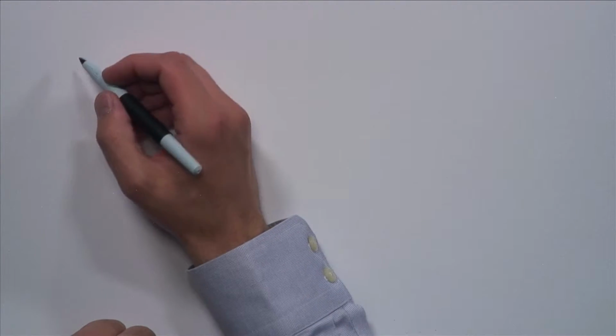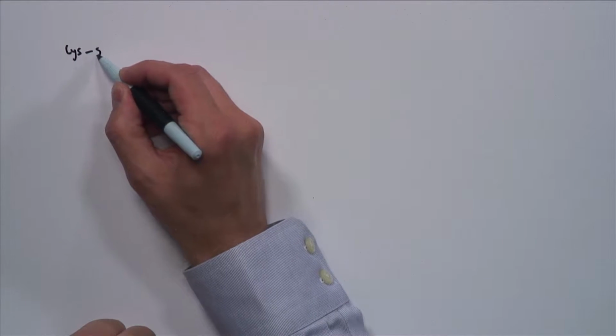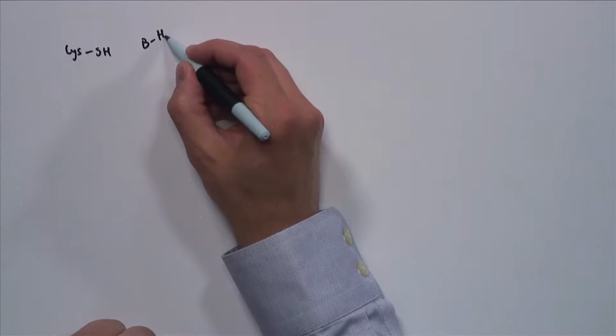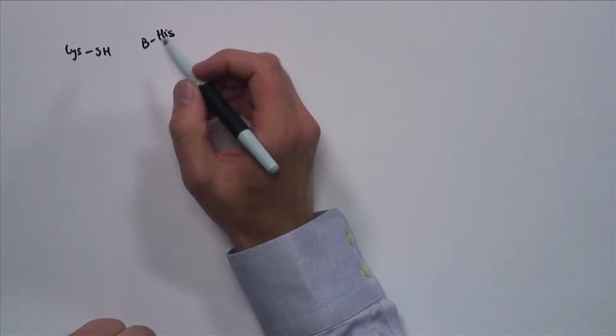Question 1 of this problem is asking us to propose a mechanism by which the aldehyde inhibitor works. We're given an important clue that this is a mechanism-based inhibitor. A mechanism-based inhibitor means that the inhibitor binds in the same fashion as the normal substrate of the enzyme. Therefore, after we have reviewed the mechanism of the cysteine protease and remembering some of our carbonyl chemistry, we should be able to propose the following chemical reaction. Here is the active site of our protease. This is the cysteine, and this is the histidine, which we're denoting as a general base, B.